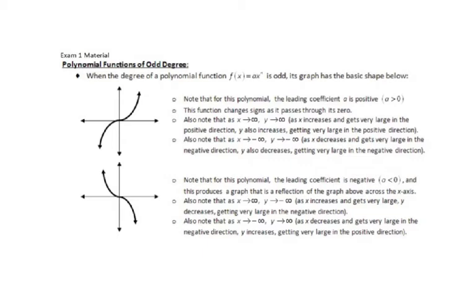So, polynomial functions of odd degree. When the degree of a polynomial f of x equals a x to the n is odd, its graph has a basic shape. This can be very confusing the way it's shown here. But all we're saying is, if I give you, for example, y equals x cubed, and you plug in a very big negative number, I'm using language that's not 100% exact, inside x cubed, then your result is going to be